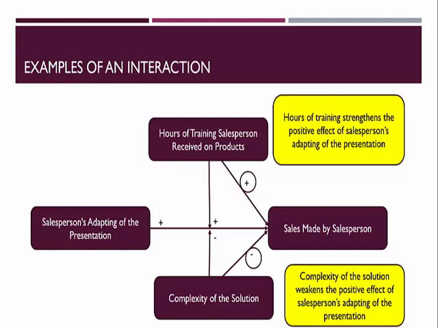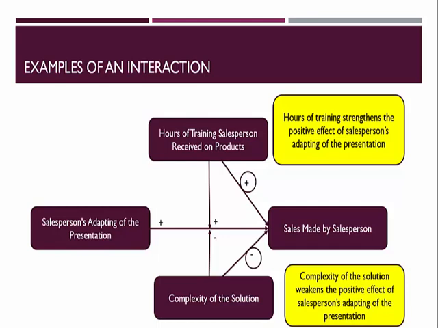We can also consider variables that may moderate this relationship. I'm showing you hours of training the salesperson received on products, as well as complexity of the solution, as two potential moderators. Now, we would anticipate that as salespeople become more familiar with products, which would be driven by hours of training that they receive on those products, the sales that they're going to make are going to increase